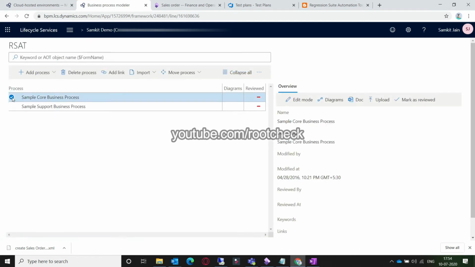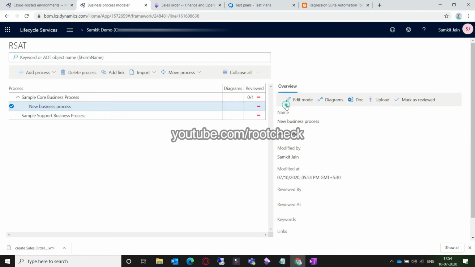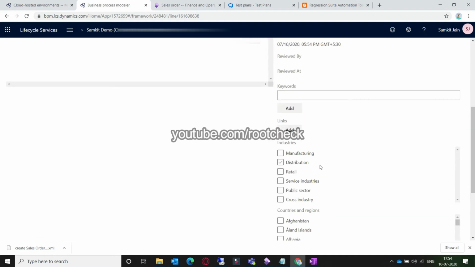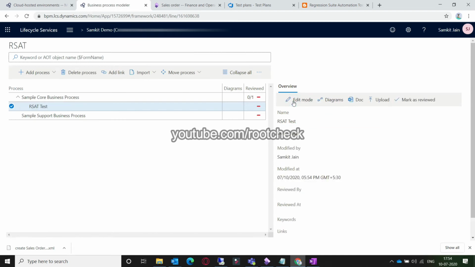After creating the RSet library, navigate to the processes which you have, and you can add a child process under the existing process, or completely create a new process for the RSet test cases. The process name should be the same as that of the operation, like sales order creation or posting of sales order, something like that. So you need to mention that over there. Here for the demonstration purpose I am mentioning a random name, and you can find there are lots of options, but we don't need those options here.